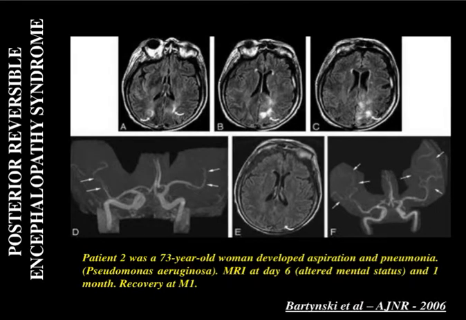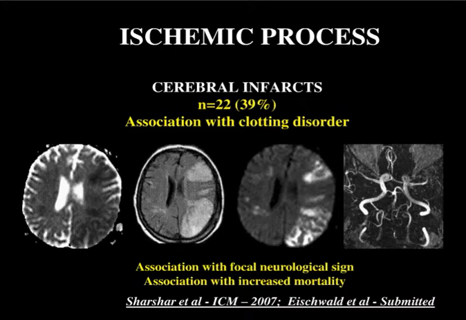Sepsis can also be associated with another syndrome, called posterior reversible encephalopathy syndrome, which is characterized by lesions of the occipital lobes and is also related to an alteration of the blood-brain barrier. So what about the ischemic process? We found that 30% of our patients had developed an ischemic stroke, and sometimes multiple strokes, sometimes related to occlusion of a cerebral artery, here a middle cerebral artery.